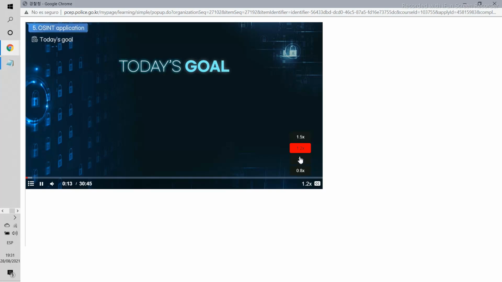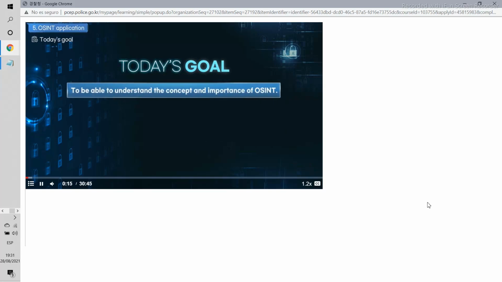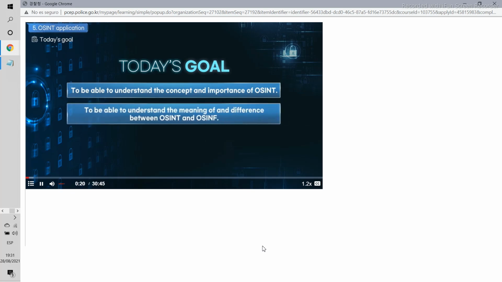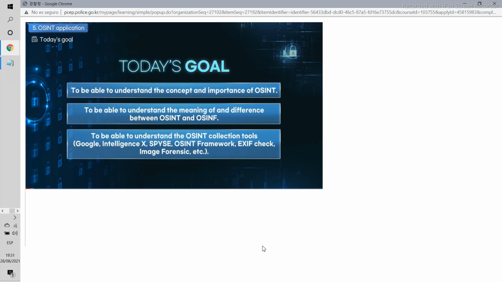Today's goal. Number 1. To be able to understand the concept and importance of OSINT. Number 2. To be able to understand the meaning of and difference between OSINT and OSINT. Number 3. To be able to understand the OSINT collection tools such as Google, Intelligence X, SPICE, OSINT Framework, Active